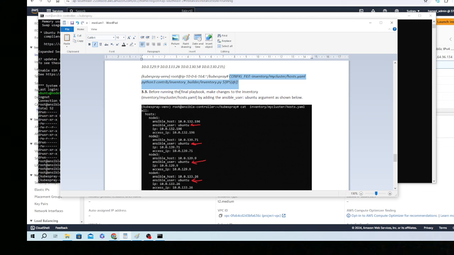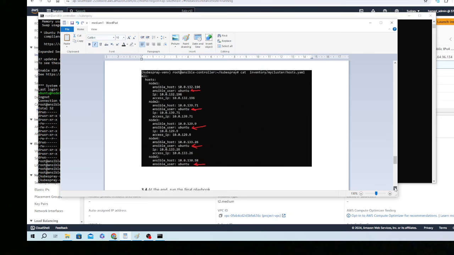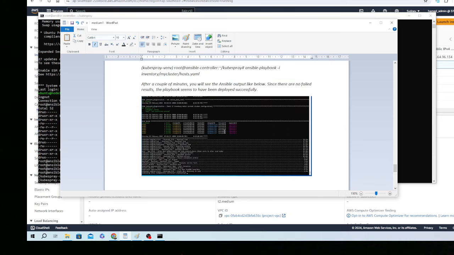For me, this happened during the installation. I got to know that I have to change this attribute, ansible_user, to ubuntu, and I just added this one into my inventory, which was hosts.yaml. So I did this one. After changing this, I ran my Ansible playbook,